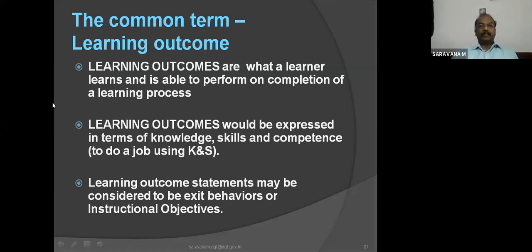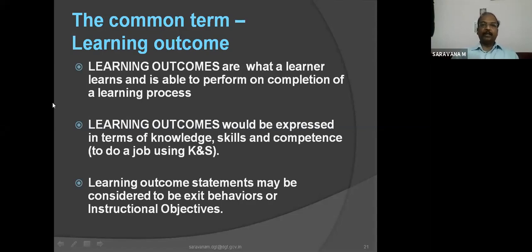Consider we are all learners, and there is a syllabus. Our trainer or training officer or vocational instructor will come and impart training in some theory portions or some practical demonstrations. After completion of that, what will we be able to achieve? Gaining of knowledge or gaining of some particular skill. We will be able to repeat that skill, demonstrate that skill, follow the safety precautions, everything. So this is called the learning outcome.